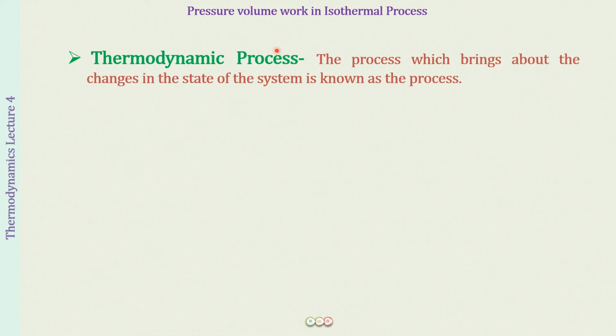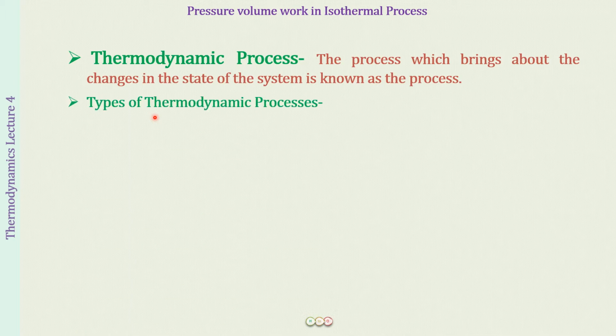So we will be starting with the study of the isothermal process from that point of our discussion where we use the word isothermal for the first time, and that was in lecture number 4 of thermodynamics. So there we discussed first of all what do we mean by a thermodynamic process, and then we discussed the various types of thermodynamic processes. So a thermodynamic process is that process which brings about the change in the state of the system. So whenever some of the measurable properties of the system are going to be changed from the initial to the final state, whatever is happening, that we call the thermodynamic process.